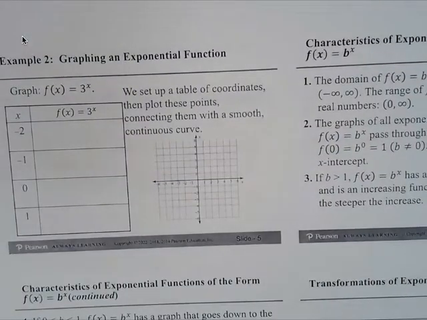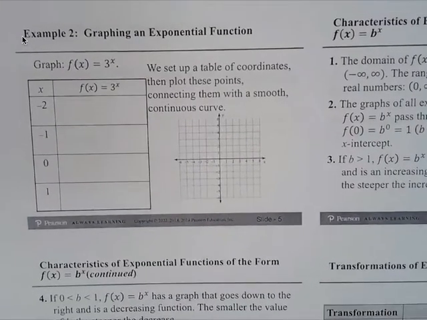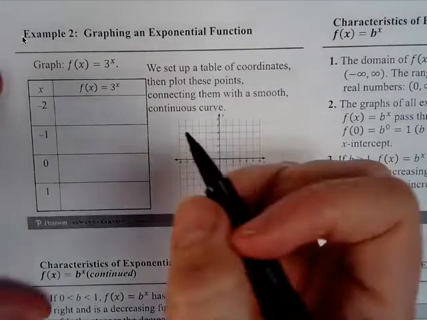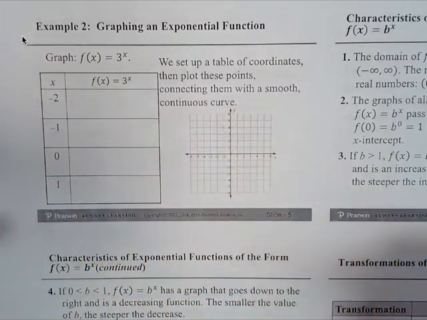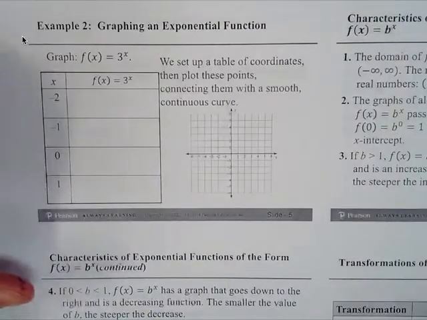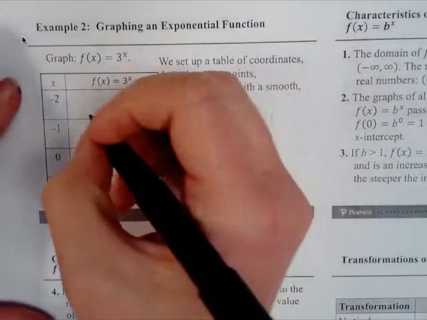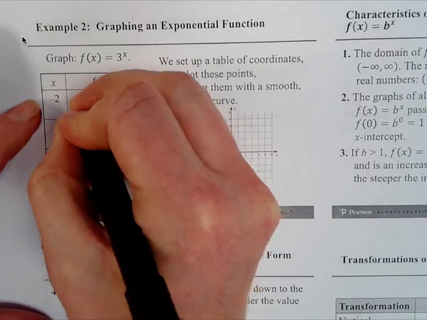When graphing exponential functions, we are going to graph first by hand without using the calculator, and then we can look at it in the calculator. So f of x is 3 raised to the x value. We're going to set up a table of coordinates, then plot these points and connect them with a smooth, continuous curve. So f of negative 2